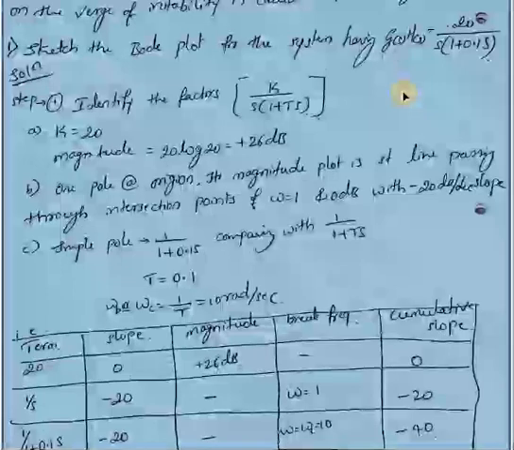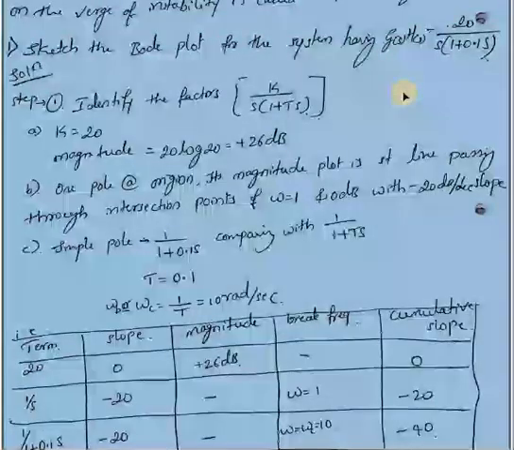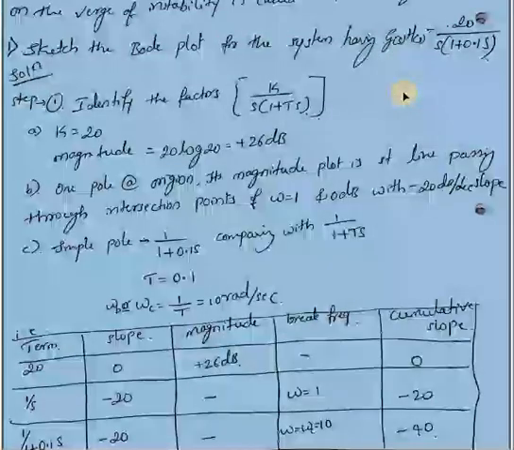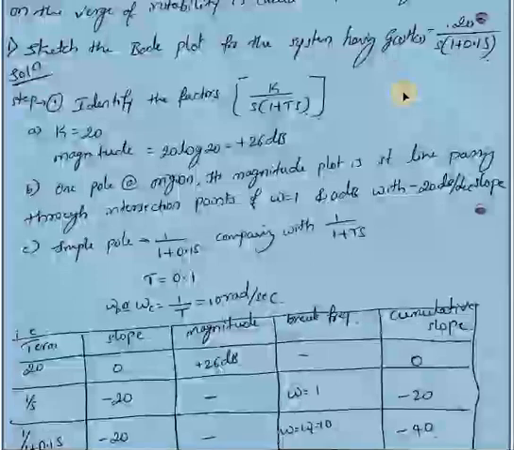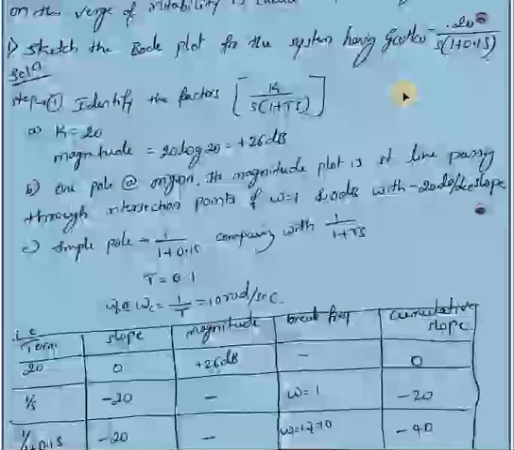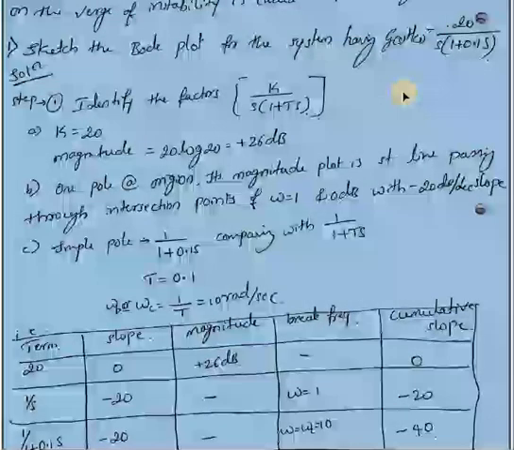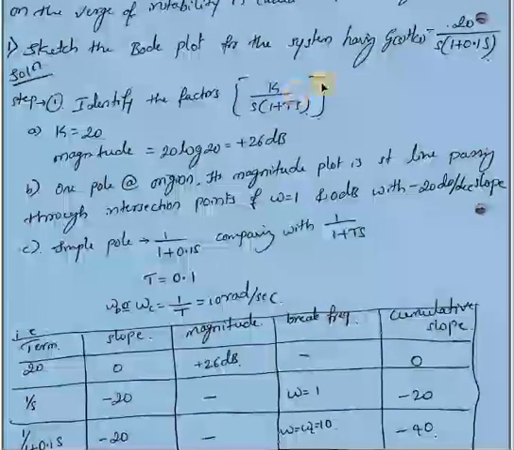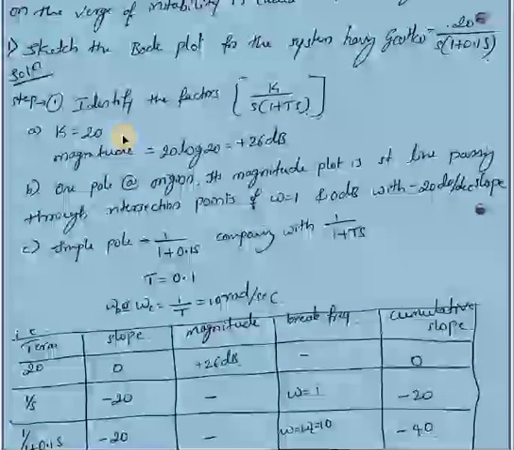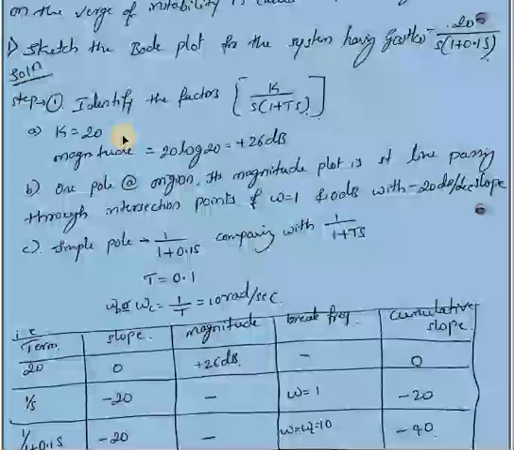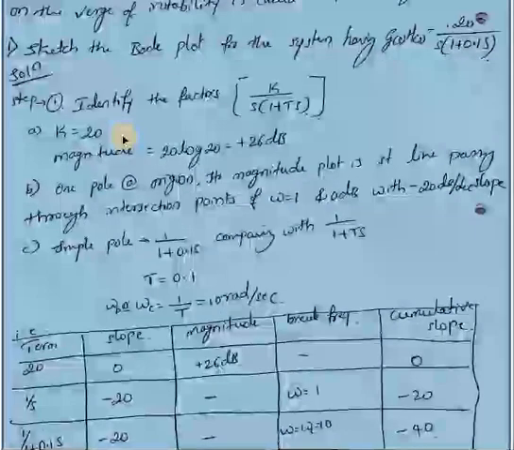The very first step is to identify the factors. It should be in the standard format, that is K divided by s into (1 plus Ts). If it is not in this form, first you have to convert the given transfer function into this standard time constant format. By comparing the given equation with this, K will be 20, so the magnitude 20 log 20 will be plus 26 dB, and there is one pole at the origin, that is 1 by s, this term,